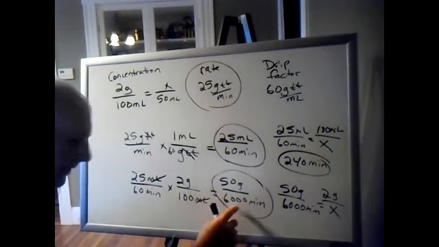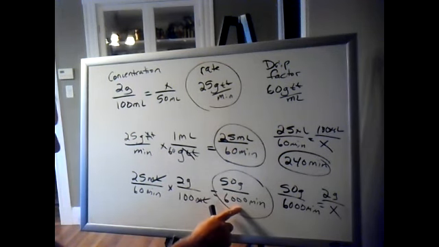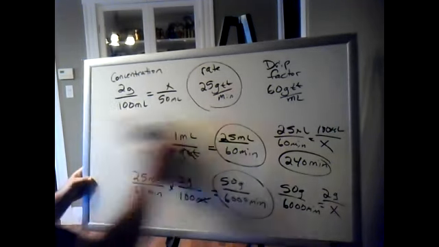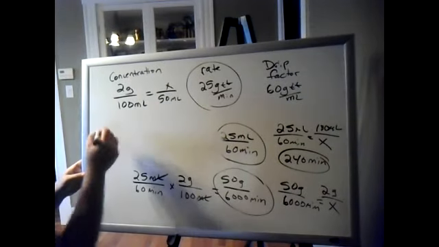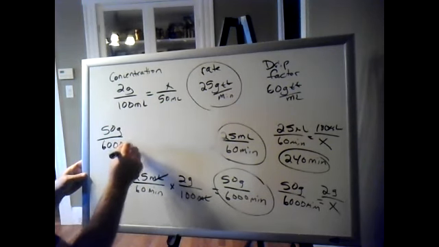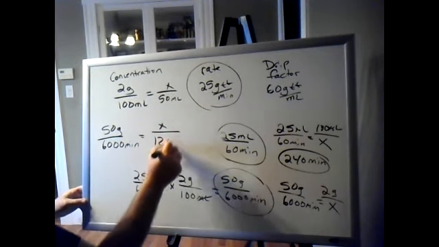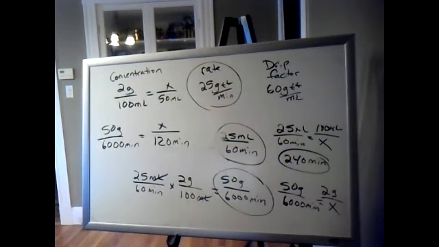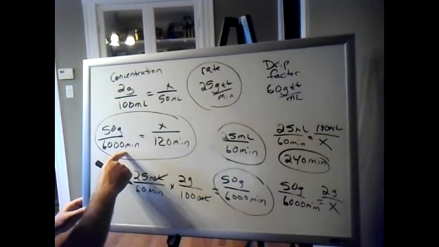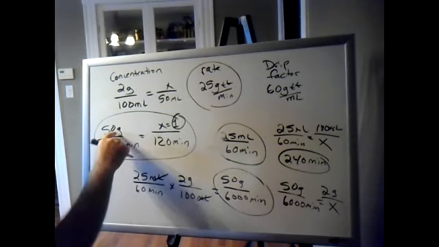What if I use this rate and said if I get 50 grams in 6,000 minutes? I'm going to erase some of this now. I'm going to come back right here. If we get 50 grams in 6,000 minutes, how many grams are going to be in 120 minutes, which is 2 hours? And this would also, 120 times 50 divided by 6,000, give us 1 gram, because 120 times 50 is 6,000